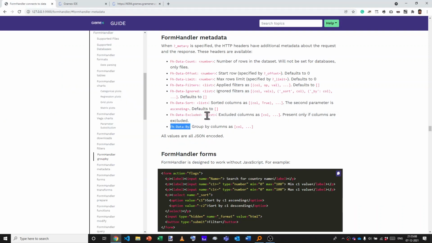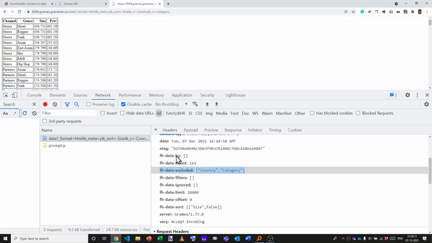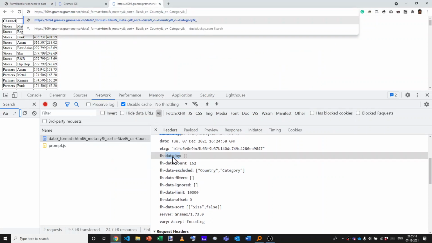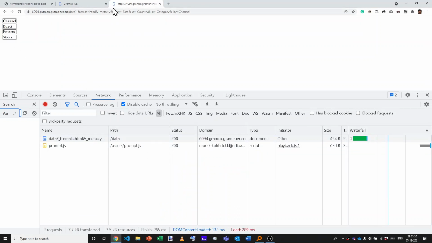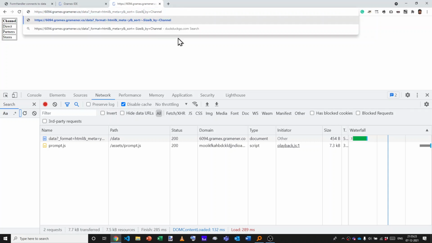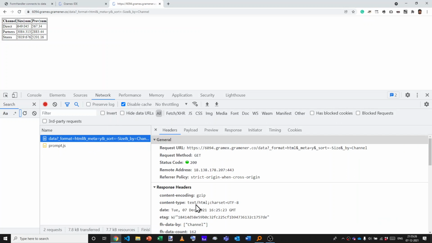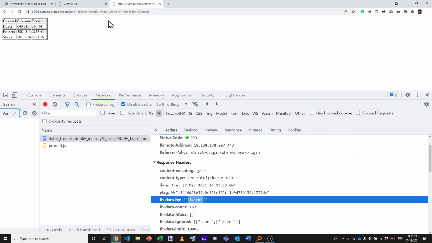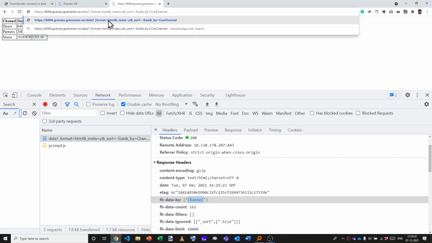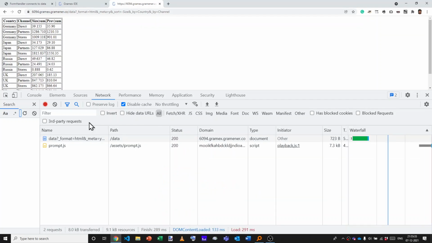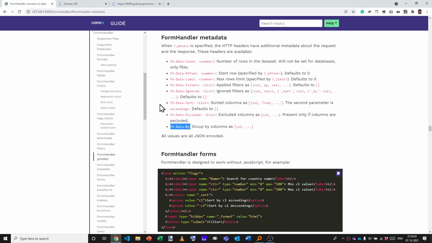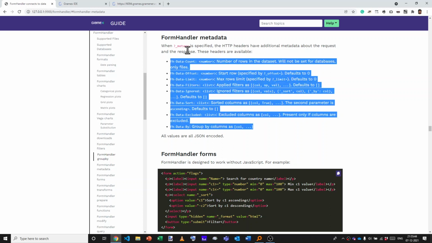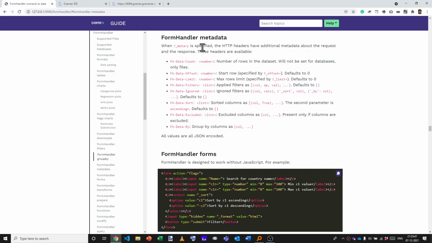Finally, if there is a group by, then it shows data by. In this case, there is no grouping by, but if I said _by=channel, then it's grouped by channel. Let's get rid of the rest of the columns to filter by. And now the grouping by shows the columns by which it's grouped in order. So I could say _by=country and _by=channel, in which case it's grouped by two columns and both the columns are available as a result. These are the parameters that are available when you specify _meta=y, and these are available as HTTP response headers, which are all JSON parsable.